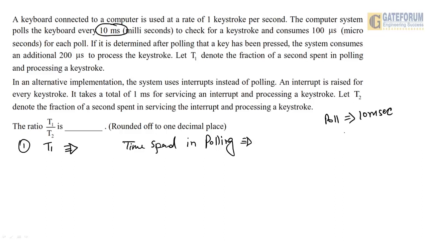So how many polls can we do in 1 second? In 1 second there are 1,000 millisecond, and in 10 millisecond we can do one poll. So can we say that we can give 100 polls in 1 second? We can give 100 polls in 1 second. Now see, 100 polls in 1 second, and we know that